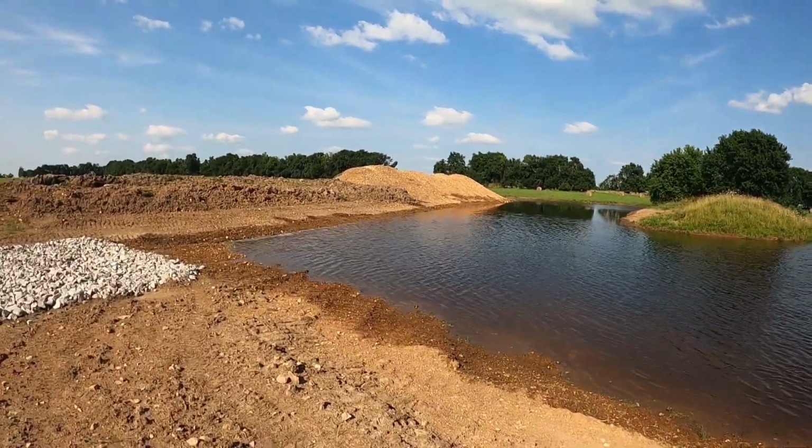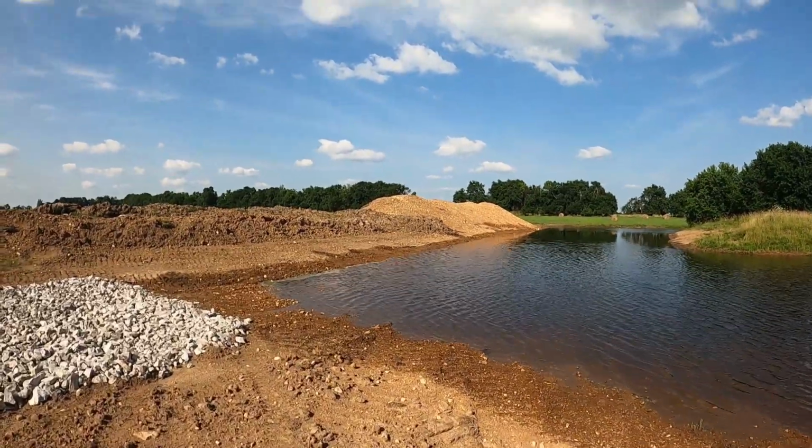I had it fill up so fast that it actually overpressured the new dam. It came in so quick and overpressured the dam and actually started pushing water out through the dam, and the dam was clay, all clay, but it was pushing it out through the dam. And so we were kind of like, oh no, now we're going to have to end up redoing this. But we got about 10-11 inches in 2 days, and it filled up so fast and overflowed,